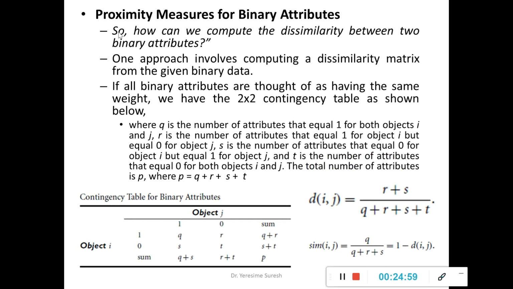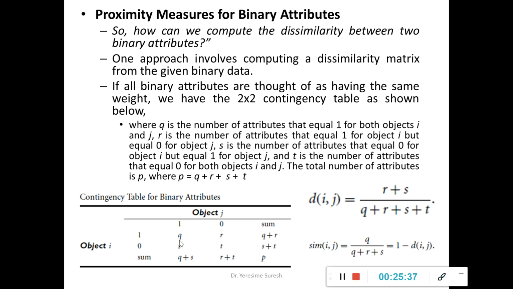Now similarly, how to define proximity matrix for binary attributes? This distance measure for binary attributes can be computed using a 2 cross 2 contingency table as shown in this diagram. We have used this contingency diagram to find various measures like support, confidence, the lift factor, the interest factor, the correlation analysis, etc. The same table is used here, wherein I have two data objects with values 1 and 0, object i as well as object j. This is a dissimilarity matrix because I am having objects rather than objects and attributes.